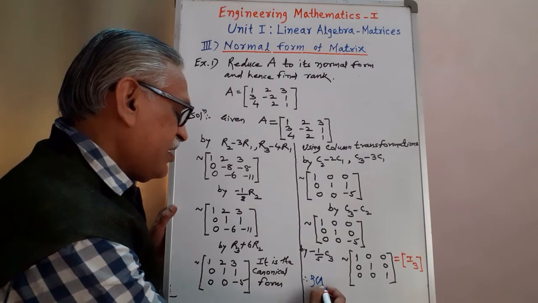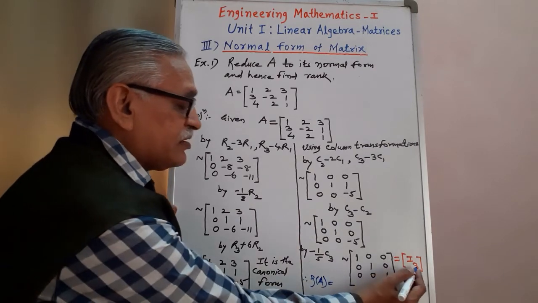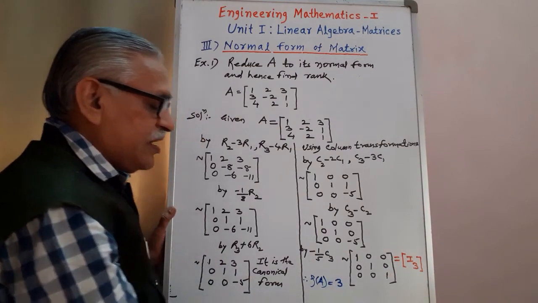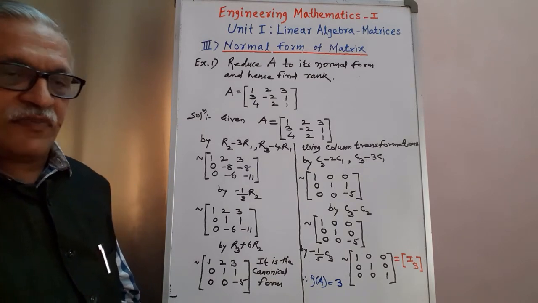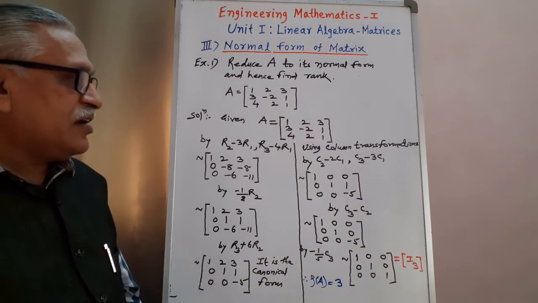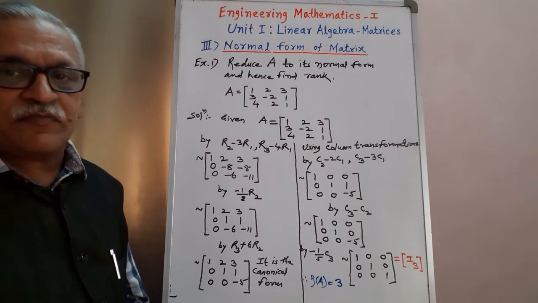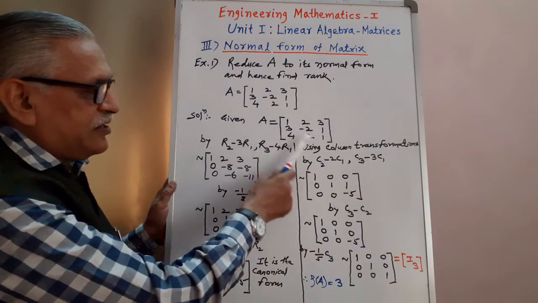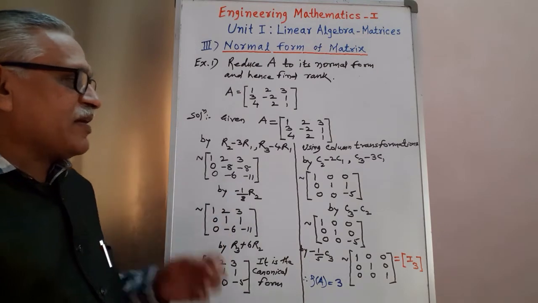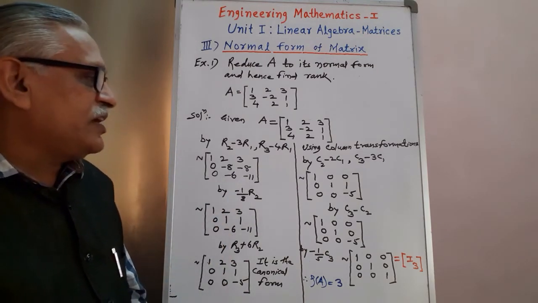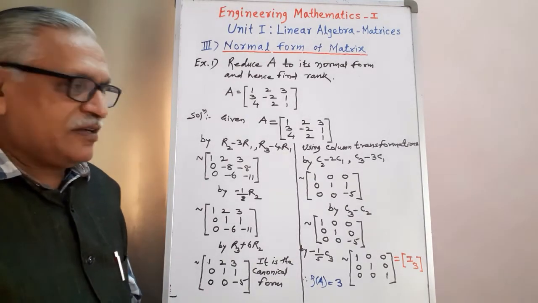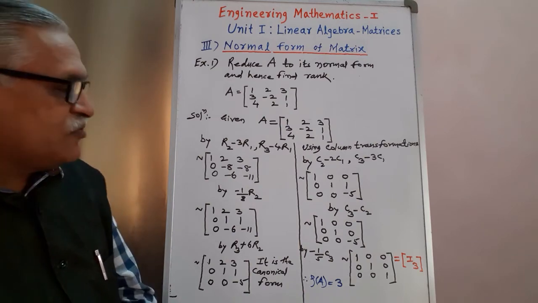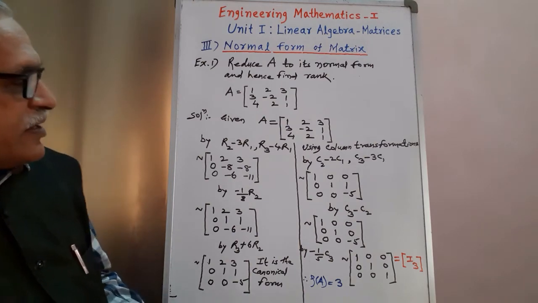rank of A is the order of this identity matrix. Order of that identity matrix is here 3, and therefore rank of that matrix is 3. Therefore, like this, we can obtain the normal form of a matrix by performing in 2 parts. First part, by applying row elementary transformation, and in second part, we are applying column transformation, thereby getting some identity matrix. Let us see some more examples, or say the next example.